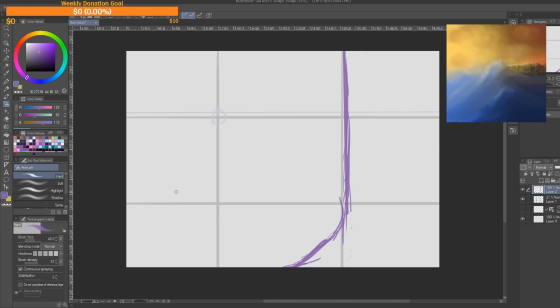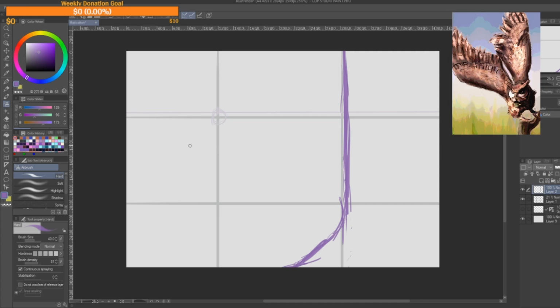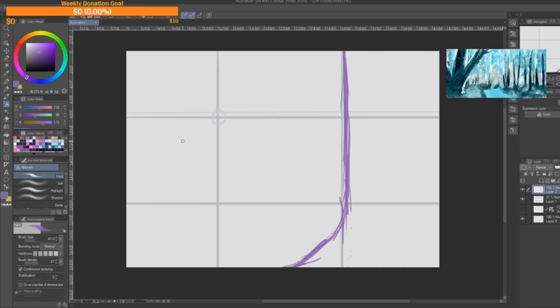I don't know. I don't usually try and come up with a composition on the fly, and I thought about this a little bit last night, but I hadn't come up with exactly what I wanted to do, so my apologies. I'm currently looking at this going, this would be a little cramped, Simon, and the other part of me is like, just go with it. And honestly, that's the part you want to follow in art, because it will make you try new things, and if you fail, you'll learn something. Although, I challenge you to describe failure when you've learned something, because that's not failure, it's learning. Anyway,